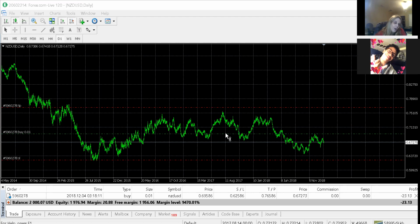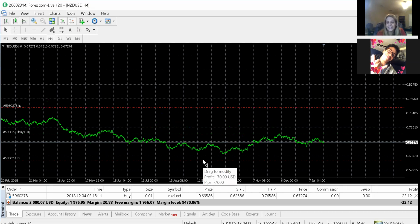Now, what you're looking at here on this chart is what is called a naked chart, because there's no indicators. It's not marked up. It's also in the daytime chart, and I'll explain all that as we continue on. My stop loss is currently at 0.62586, which, going down to the 4-hour, will show you it's 7,000 pips or $70 negative, because that's what a